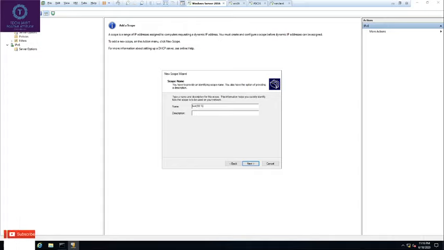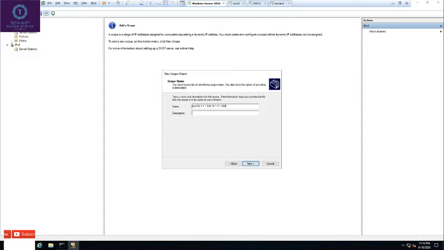and IP range that I am going to give. That is test. I am using it for testing.